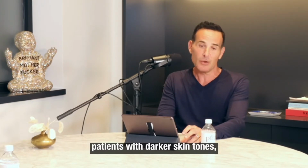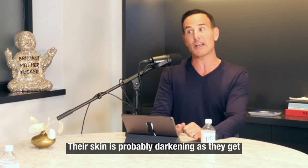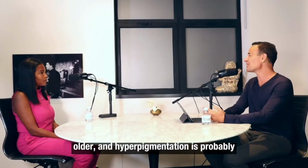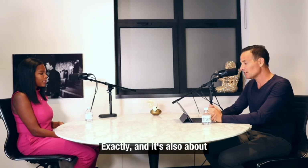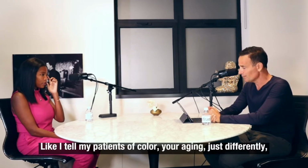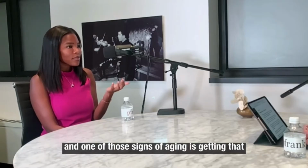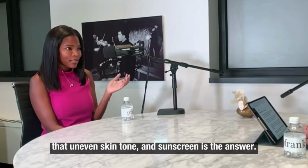But patients with darker skin tones, they don't realize. I say, look at your parents. Their skin is probably darkening as they get older. And hyperpigmentation is probably the biggest sign of sun damage in skin of color. Exactly. And it's also about having that different eye. Like I tell my patients of color, you're aging just differently. And one of those signs of aging is getting that dyspigmentation, that hyperpigmentation, that uneven skin tone, and sunscreen is